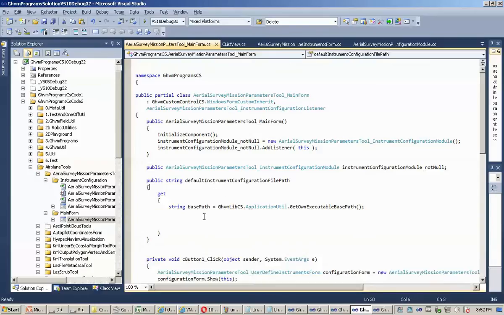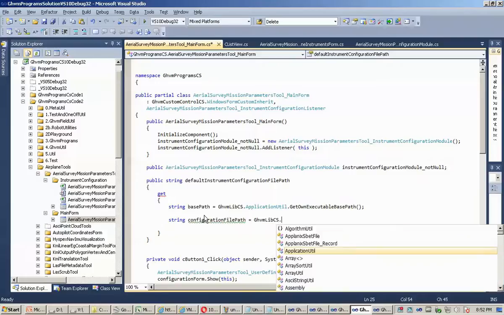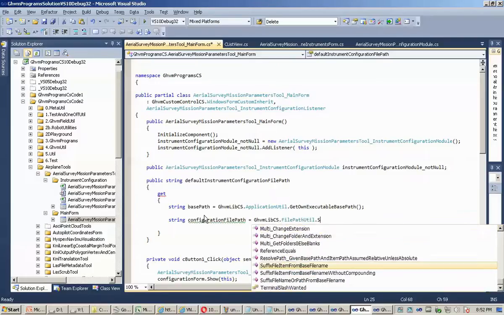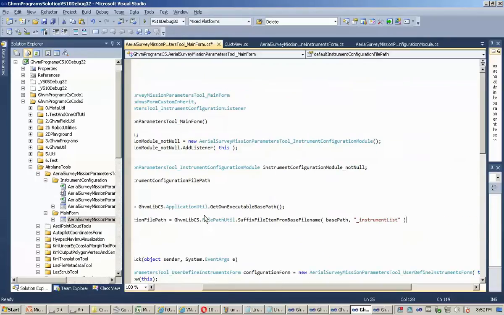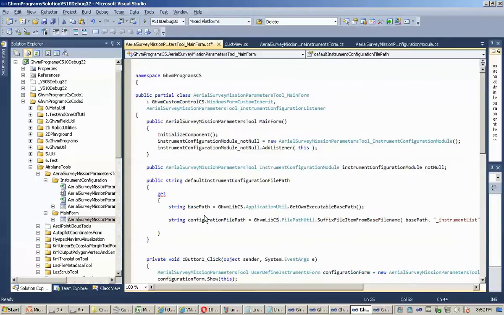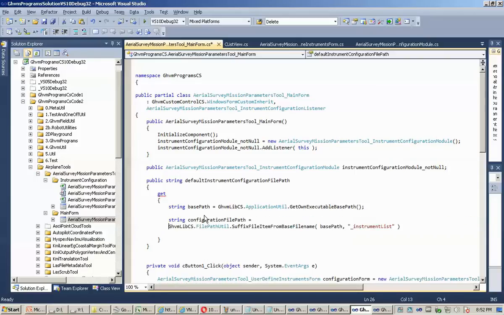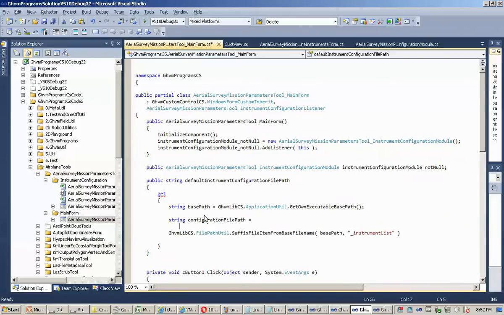So, instrument configuration file path equals our base path, just tweaked a bit by suffixing it to say instrument list maybe, and by changing the extension